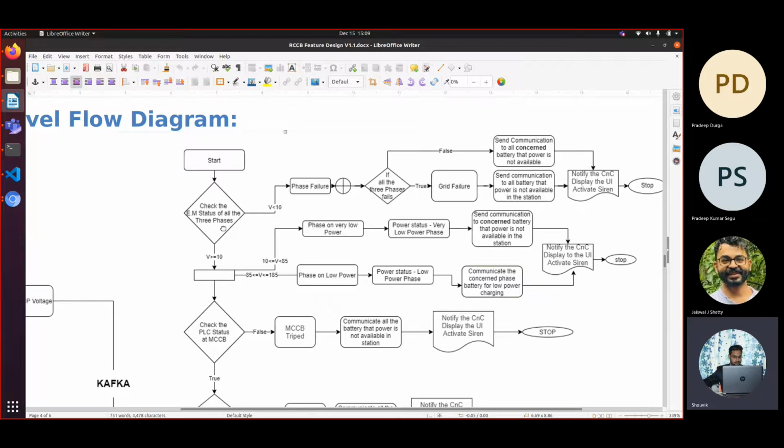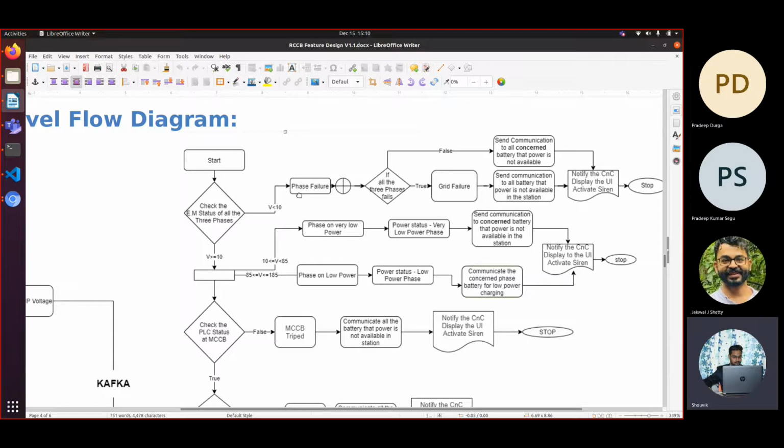For any phase, if the voltage is less than 10, then we are saying that the phase has failed. We check this for the three phases separately, and if the phase has failed for all three phases, then we term this a grid failure and not a phase failure, because all three phases failed at the same time, indicating that this is not a phase failure, rather it is a grid failure.